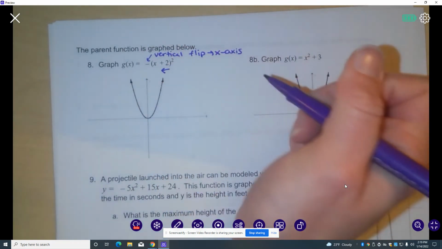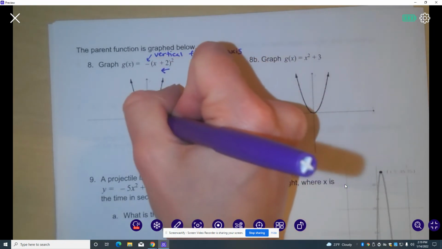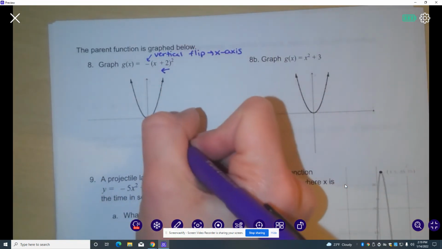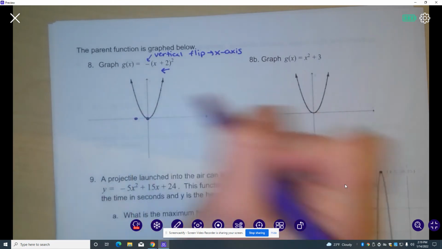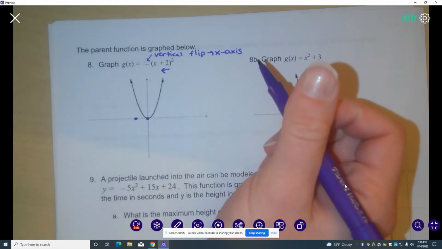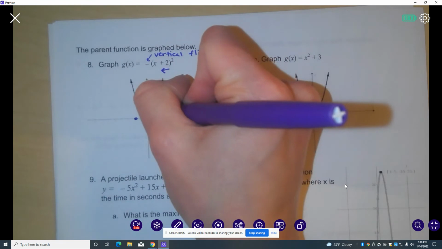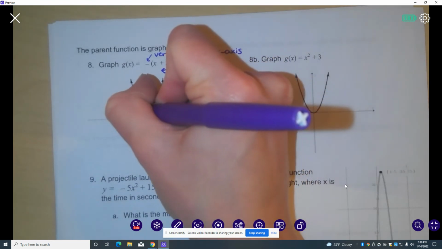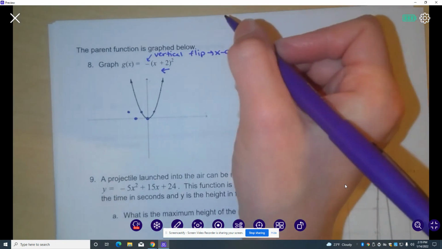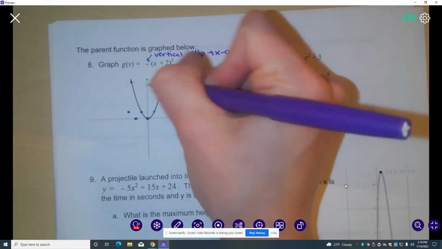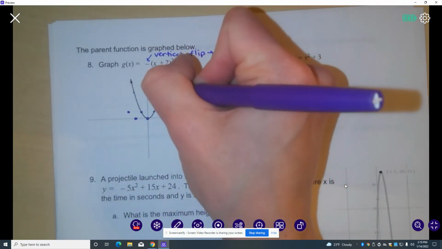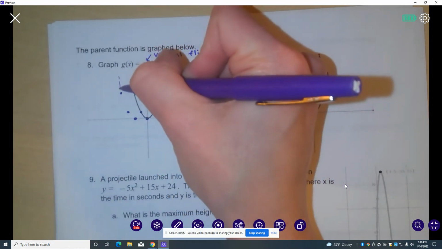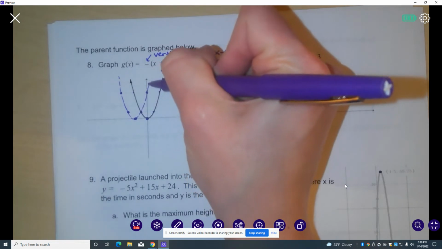So I know my graph is really, really hard to see. It printed really light, but I'm going to take this vertex and I'm going to shift it 2 units to the left. I'll do the same thing here. I'm going to take this, shift it 2 units to the left, 2 units to the left. I'll do one more so I know 2, 4 is on here. So I'm going to shift it 2 units to the left. So here's the parabola before